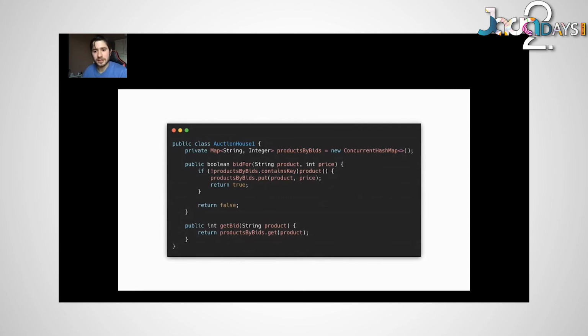Why is that? Because you have multiple actions which participate in the same logic, which are related to the same invariant, is another way to put it. In this case, you have action number 1, which is checking that the product exists, and action number 2, which is setting the price for that product. The problem with this code is that it's true that the concurrent hash map does provide thread safety. However, it